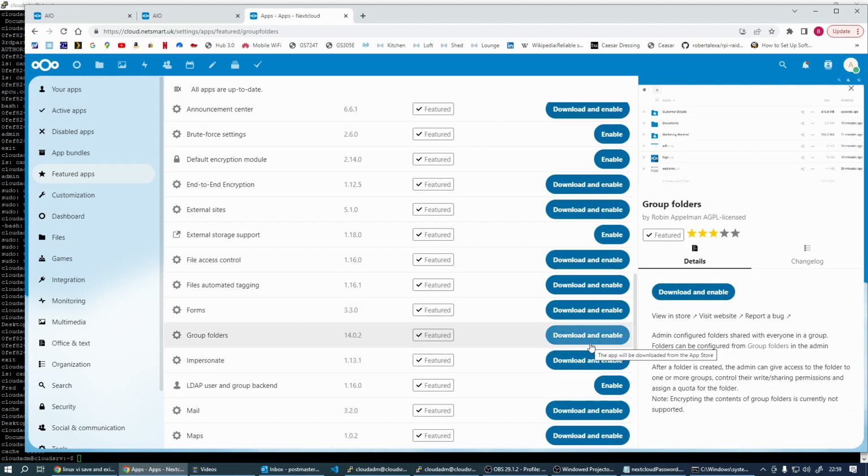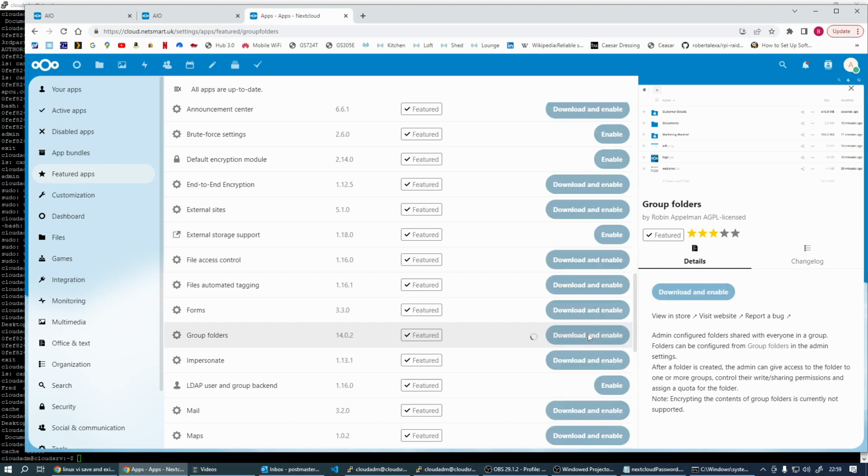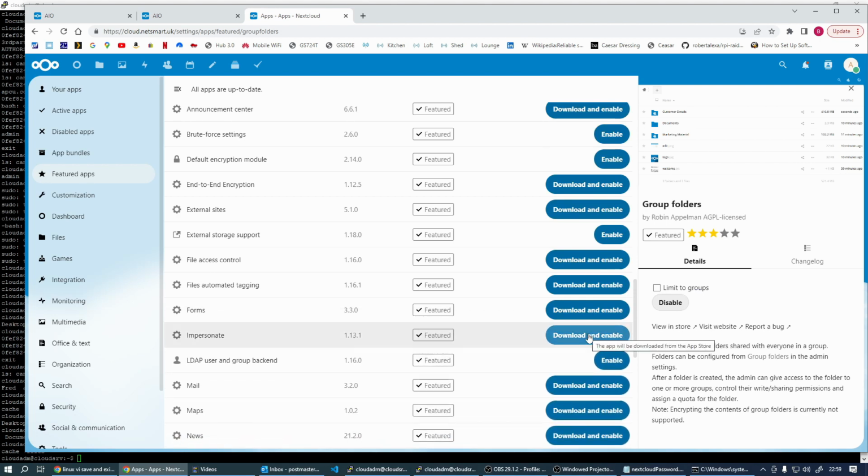Download and enable. Admin configures folders shared with everyone in a group. Folders can be configured. You can set up a local admin if you want to, but I'm not going to do that. So what I'm going to do, download and enable this group folders feature. And basically what this does is, each one of those folders that we just saw, documents, downloads and what have you, they're all private to each individual user. But what this is going to allow us to do,